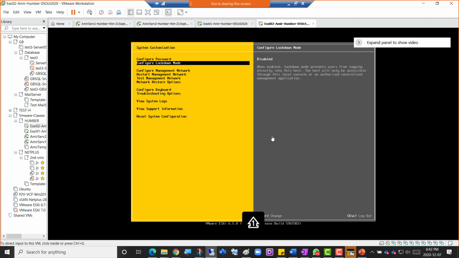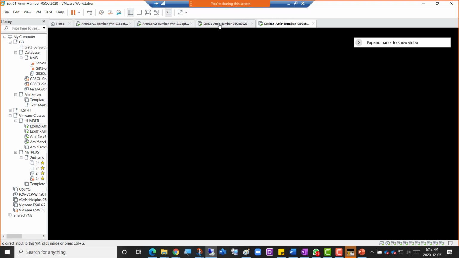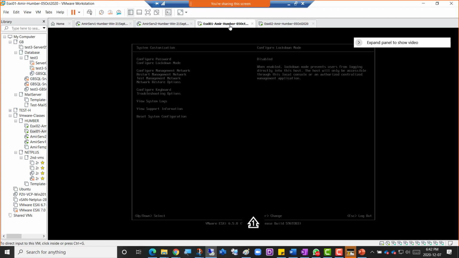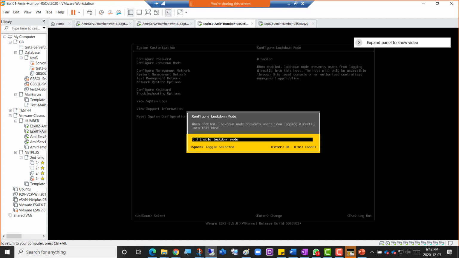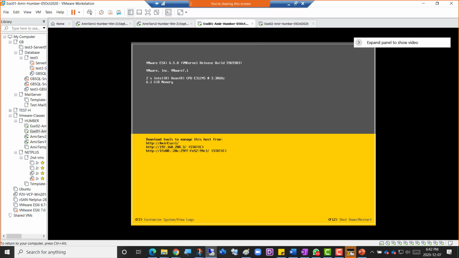Okay, so once we have done this, E6i2 is there, and E6i1 is there, and hopefully it is done by everyone, or those whose machines are working fine. You don't need to save that configuration. Suppose I press escape here, it's not going to ask for a restart of the network services, so it's okay. When you disable it, you don't have to save this configuration in any way, right?